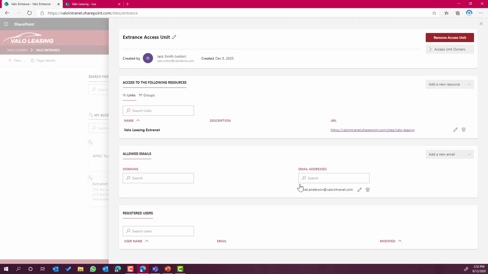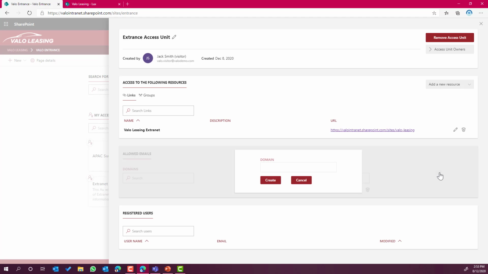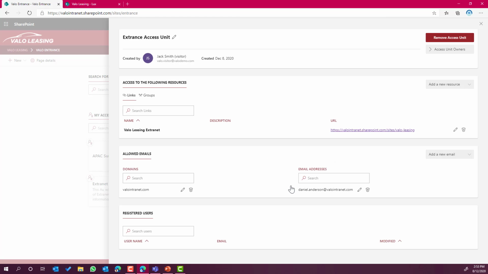Now, in the scenario that we might want to invite an entire partner or an entire company, think about mergers and acquisitions, company A wants to give access to company B to a set of resources. So we can also add an entire domain here. As soon as I add this entire domain, any user that has an email address in that domain has the ability to sign up to be given access to this extranet or those resources through our